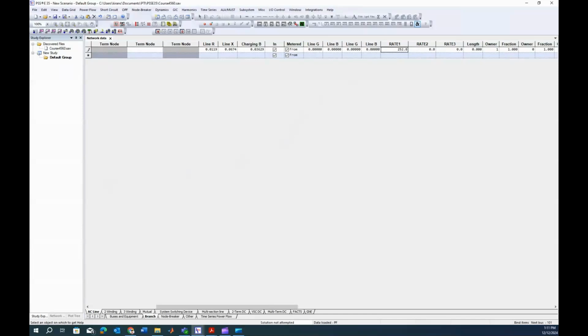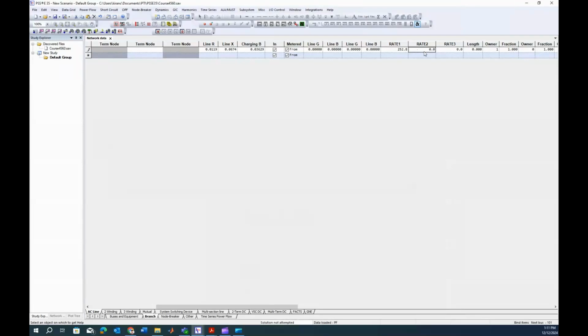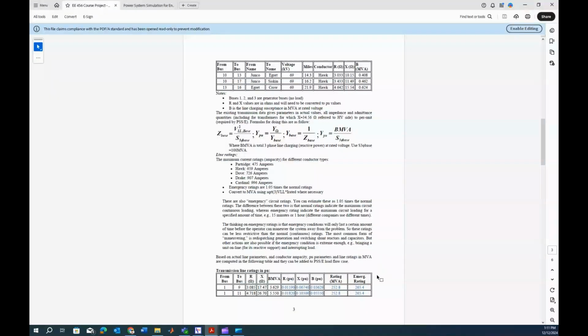So that's how you can also give whatever rating you were given, and we have two different ratings given in the problem. Rating 1 and emergency rating, that is 265.4. You can give that rating 2 as 265.4. So that's how you'll be giving only these three values, and the rest of the information is about the rating. And about the length and everything, that is also some more information that we have in the